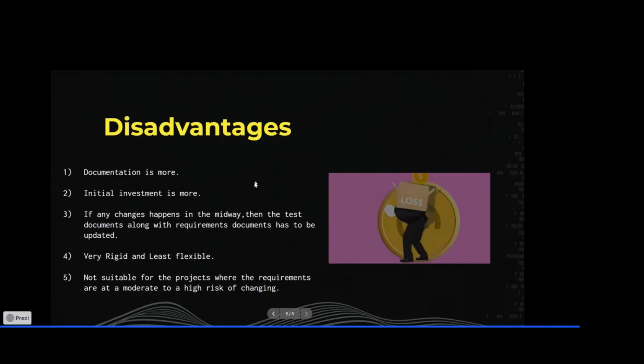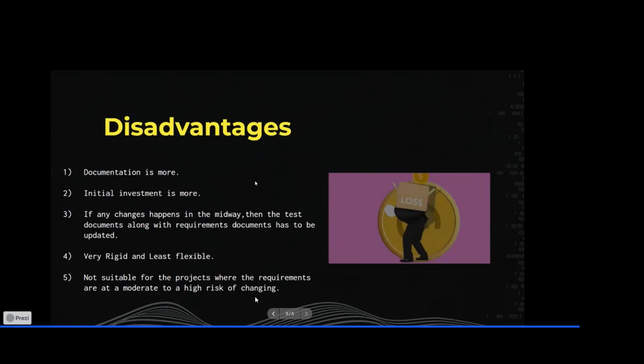Next, if any changes happen midway, then the test documents along with the requirements documents have to be updated. And next, it is very rigid and least flexible, because documents can never be changed once they are created; they are fixed. And next, it is not suitable for projects where the requirements are at a moderate to high risk of changing.